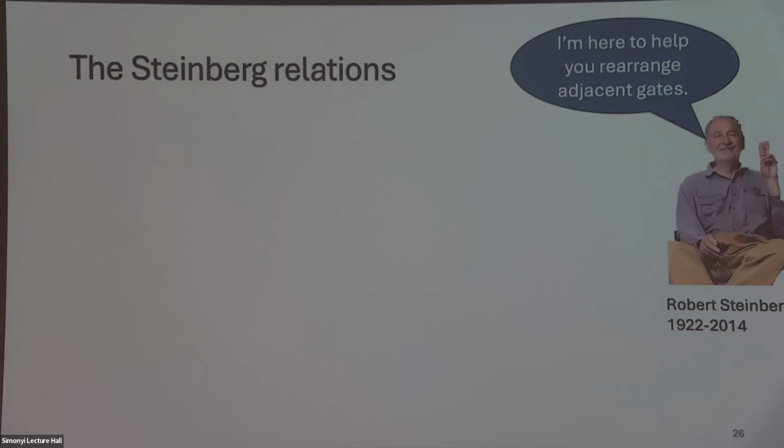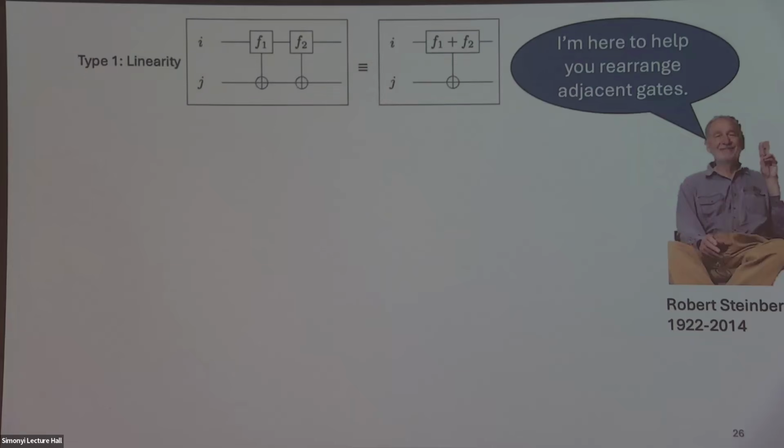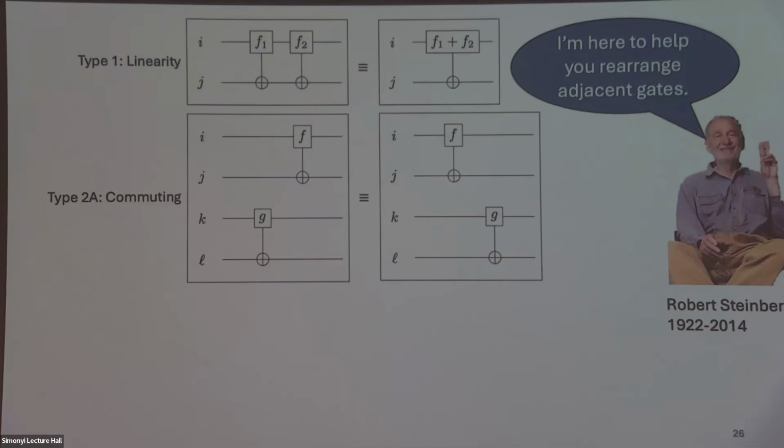It's just all possible operations that involve only two gates that are next to each other. For instance, if I have two gates of the exact same type right next to each other, I just add the coefficients as equivalent. And if I have two gates that use purely disjoint sets of wires, they commute. In fact, the reason this picture is misleading is because they also commute if,